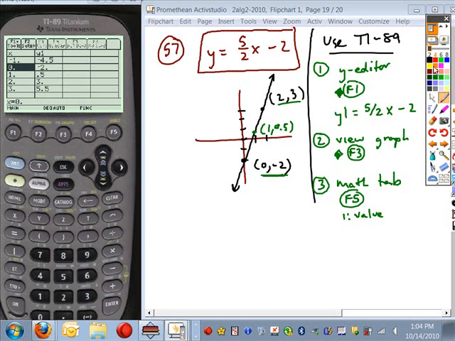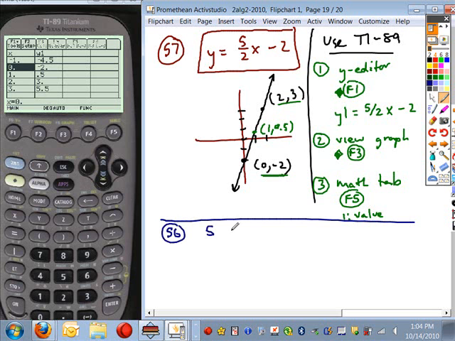Okay. Are there questions about that method using slope-intercept form? Let's do an example of one that's in intercept form. So let's say, let's look at problem 56. Okay, so let's say my equation looked like this. Okay, again, if I were needing to sketch this graph, because it's already written in intercept form, what I would